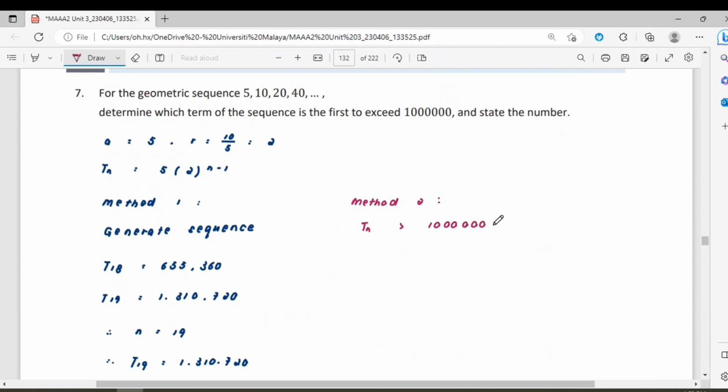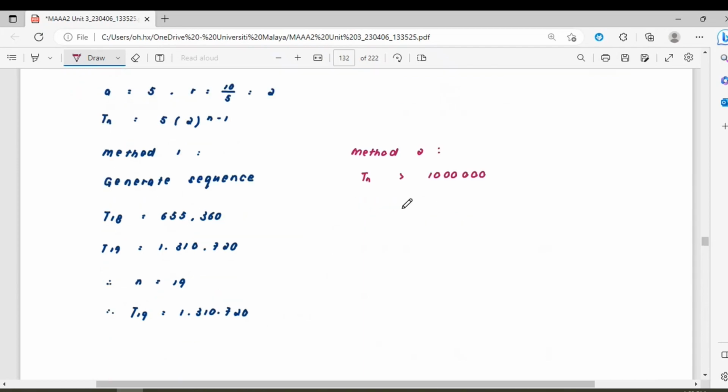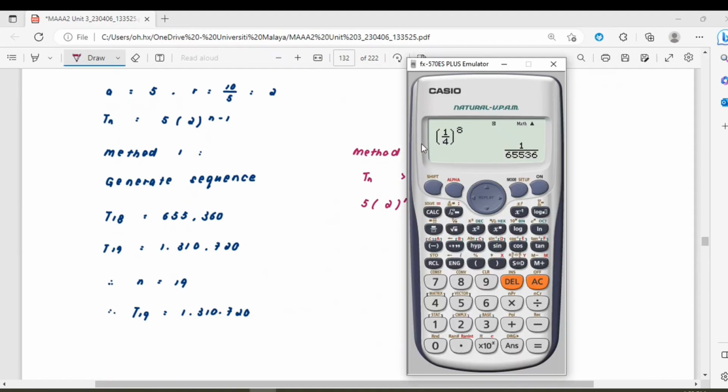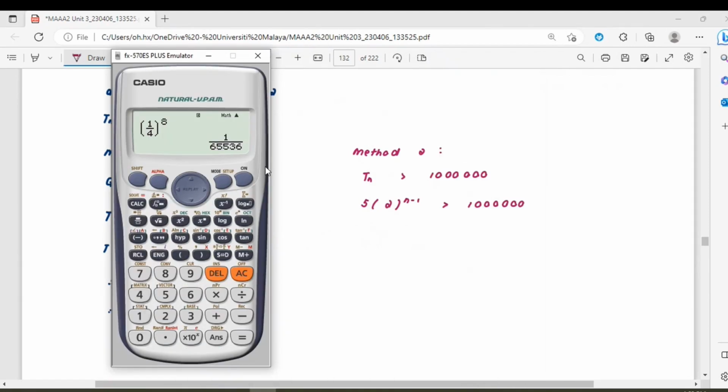Okay, so when we are doing this, my Tn here is denoted as 5 multiply 2 to the power of n minus 1, then greater than 1 million. Okay, so the thing is this, you can imagine that you go and, okay, let's try this out. Follow the same way just now. I will be taking 1 million and then divide by 5, then I get